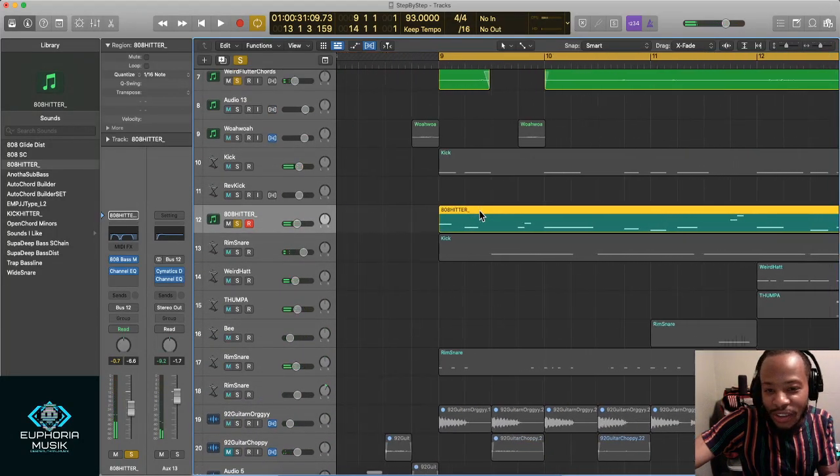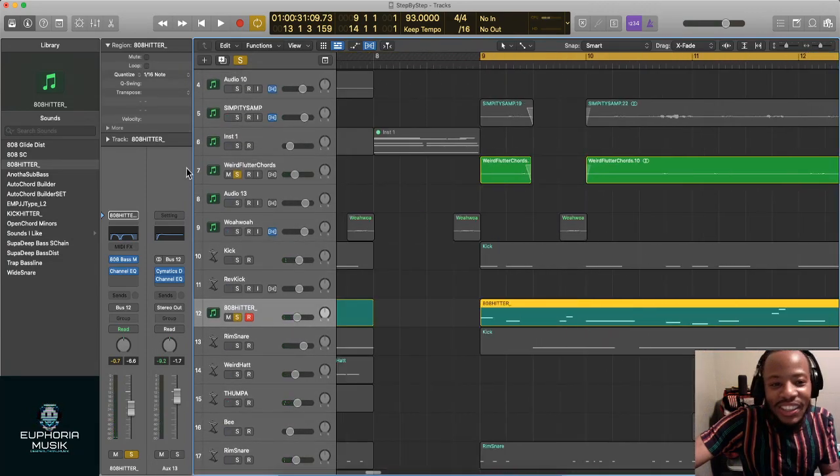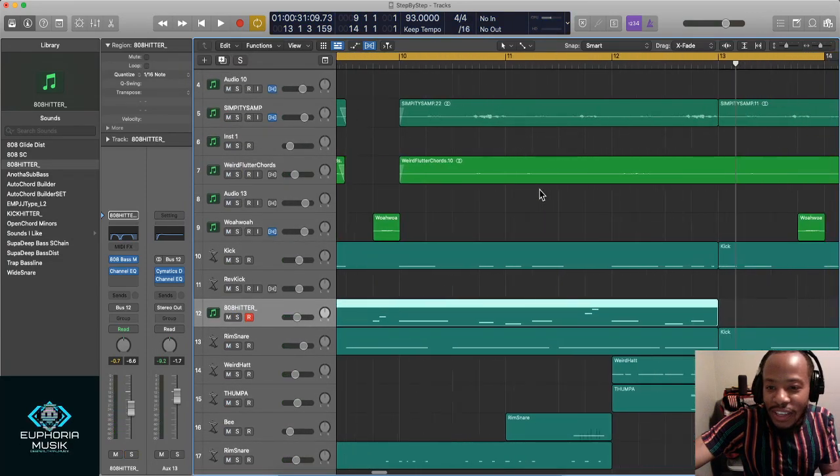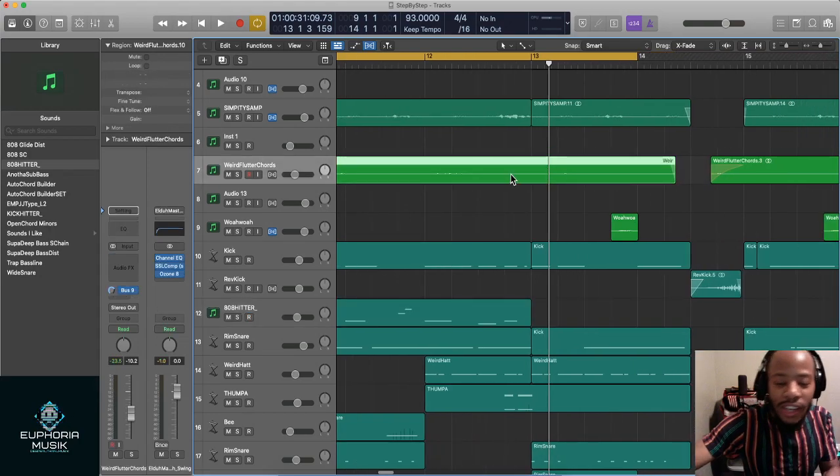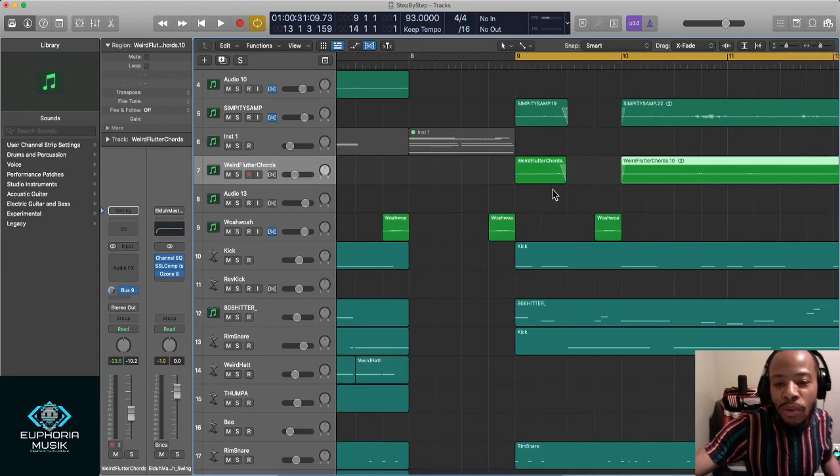Sounds a little weird, I don't know why. But when it's all blended, the chords that I played in here were really fitting in where the guitar was at.